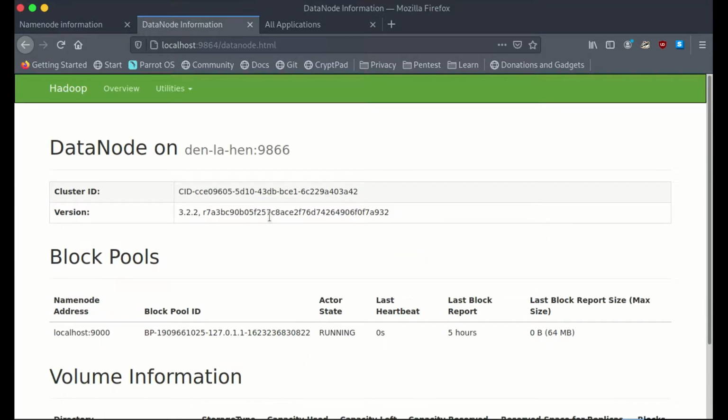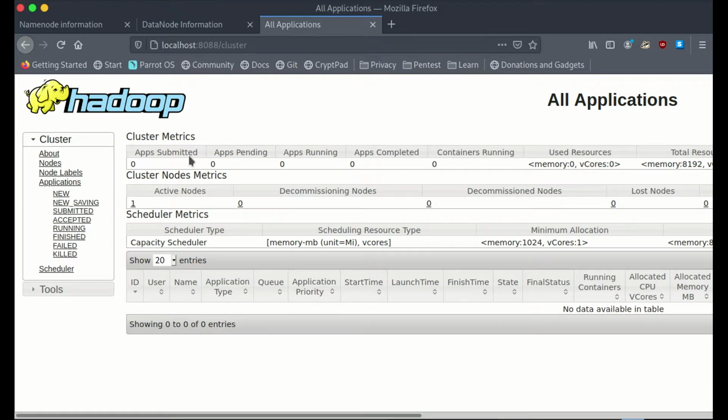And in order to have a look at your YARN resource manager, you can always go for port number 8088 and you can see your applications if there's any running. You can run a MapReduce program and refresh this page to see what jobs are being executed at the moment. On seeing this user interface, you can be sure that you have successfully installed Hadoop on your Linux machine and deployed it in pseudo distributed mode. A single node Hadoop deployment is an excellent starting point to explore basic HDFS commands and acquire the experience you need to design a fully distributed Hadoop cluster.